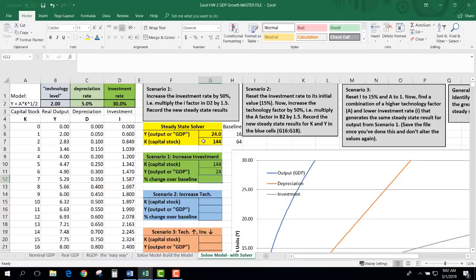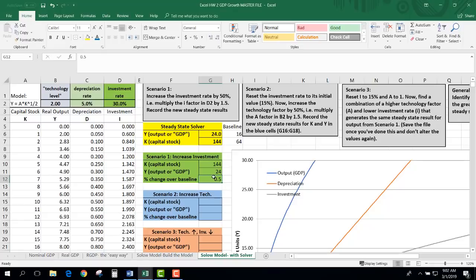And then I want to calculate the percent change over the baseline. So that's the change from here to here now. So it's the difference between 24 and 16 divided by 16. It's 50%. I calculated that. Now I'm just going to write it down because these values will change when I run